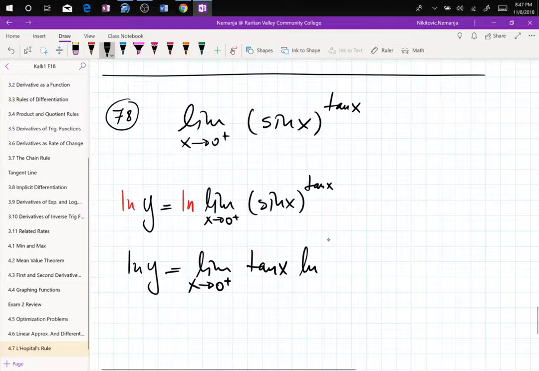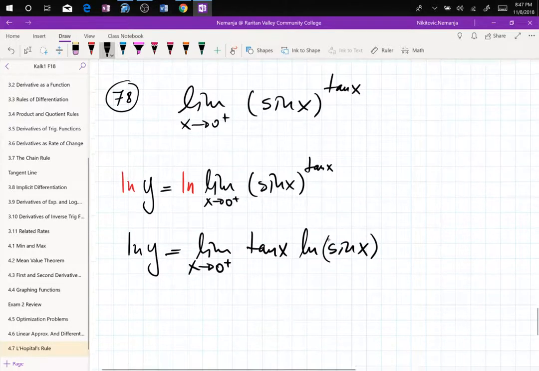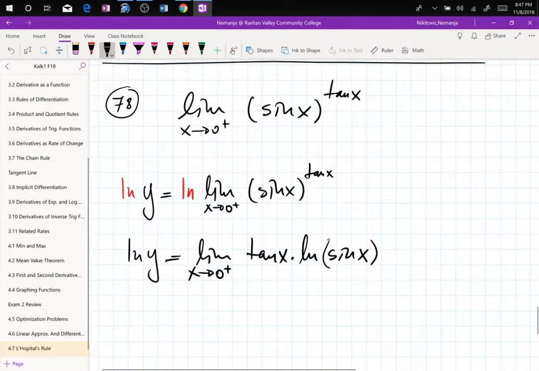Ln of sine x is here. And now when I check, tangent of 0 is 0, and sine of 0 is 0, ln of 0 is